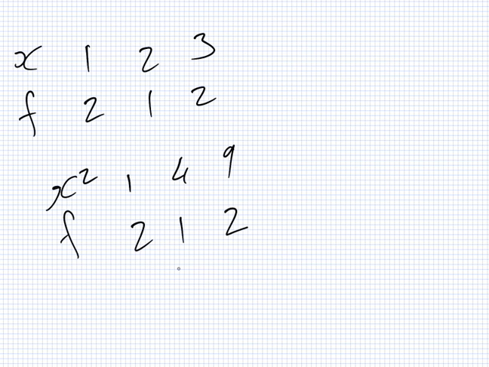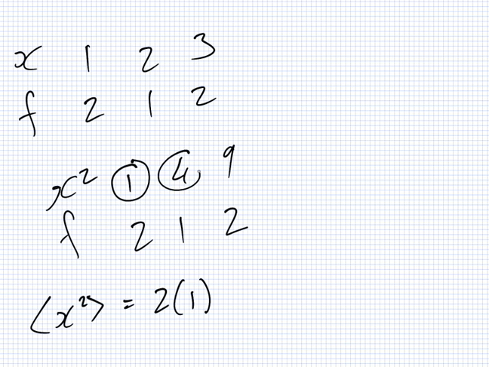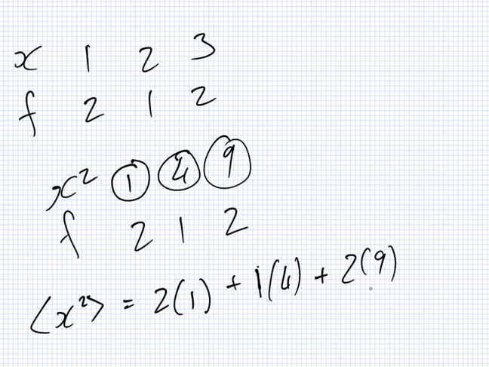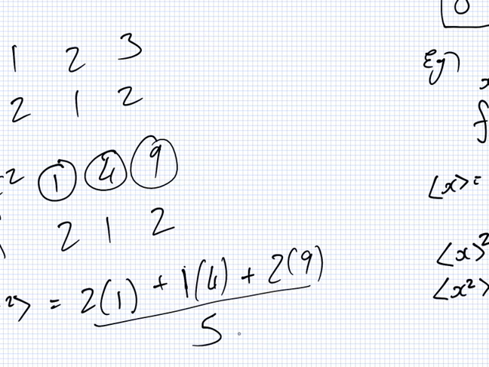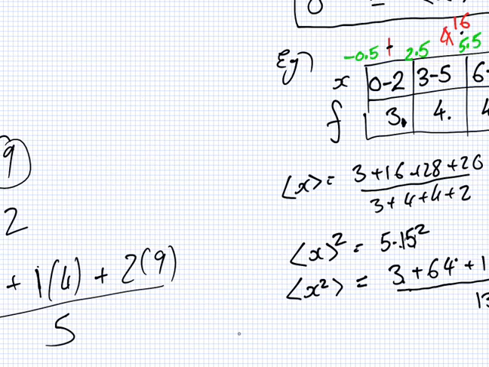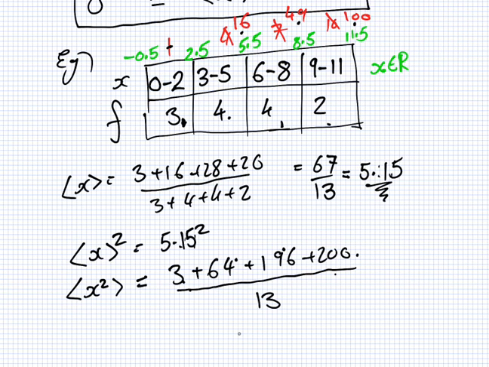Yes? So if I want the average, how many 1s do I have? 2 of them. So 2 times 1. How many 4s do I have? 1 of them. So 1 times 4. And how many 9s do I have? I have 2 of them. So I just multiply the f by the x squared. As you said, which I did. Divide by 5. I'm doing the same thing over here. Yeah? So this is